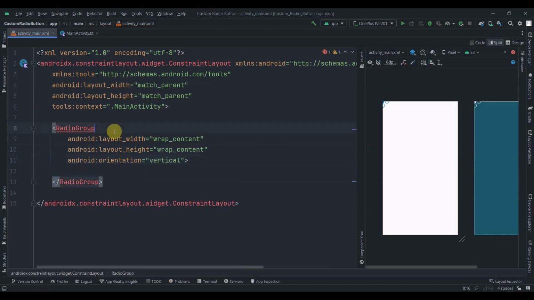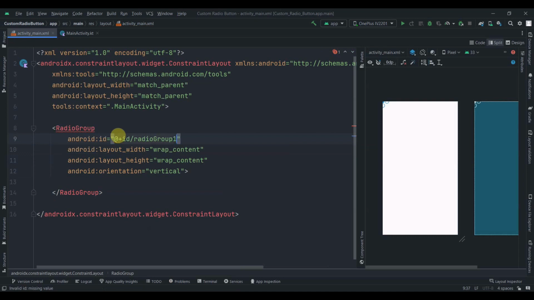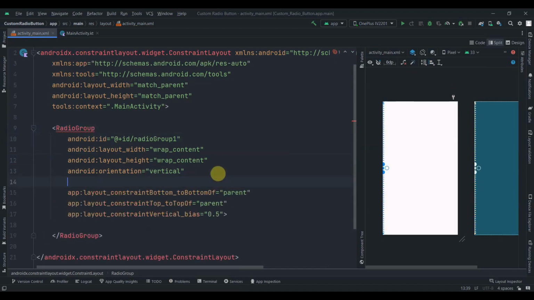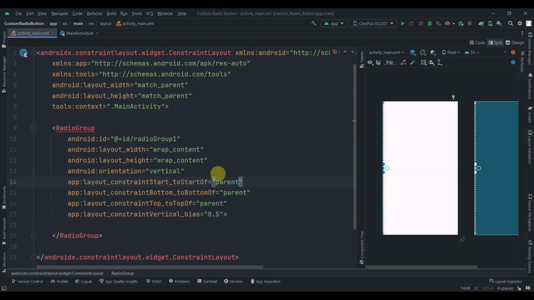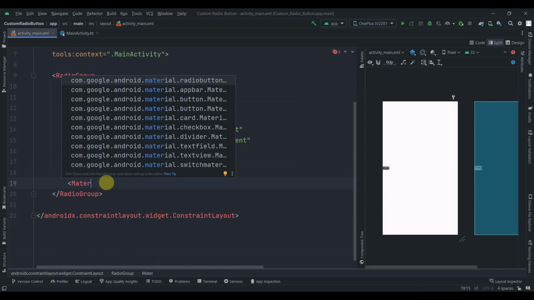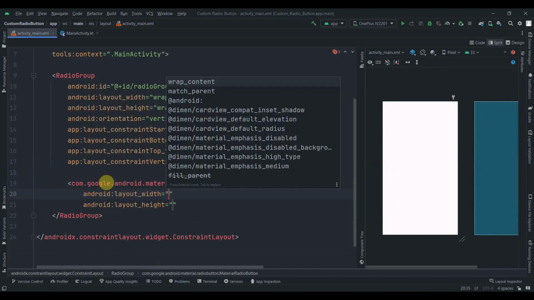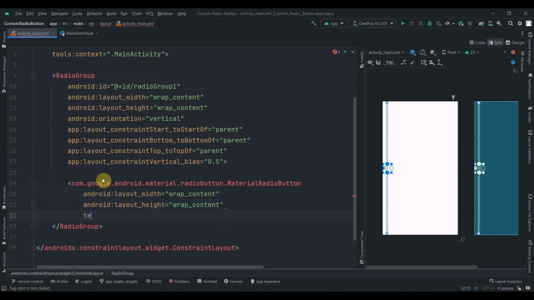and I'll provide it an ID. So ID will be radio group 1. Cool. Then I'll constrain it vertical in parent and start to start of parent. Cool, this one. Alright, so in here we'll have material button. For this material button, I'll give it width and height as wrap content. I'll provide some text to it, so first option,